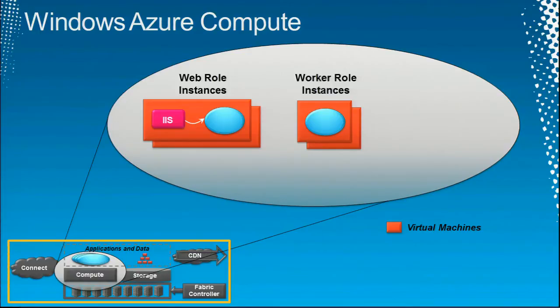The point here is, the key point is, when I run my app, it is actually running in some number of virtual machines, as my slide shows. My app is running in VMs. Because when I give my app to Azure, I do not do this. I do not say, Azure, please give me a VM. And then I install my app in the VM. Azure, give me a second VM. That's not how it works.